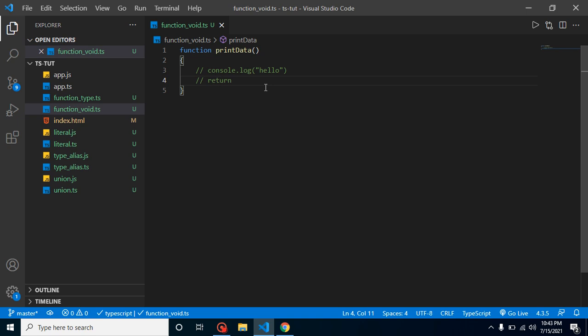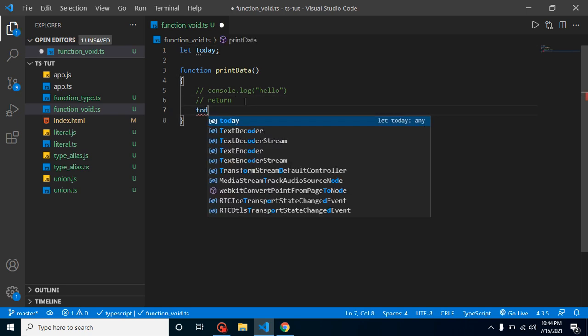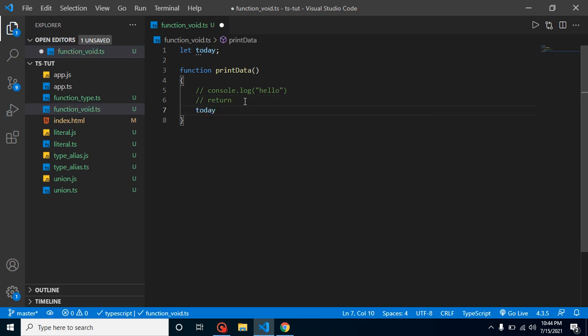So maybe you have another question: what is the actual use of a void function if it is not returning something? Maybe you are thinking a function must return something, right? But this is not actually true. Let's say I have a variable with the name today, and in this function I am just assigning today equal to new Date.